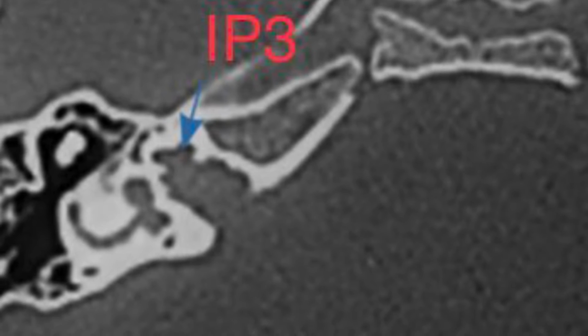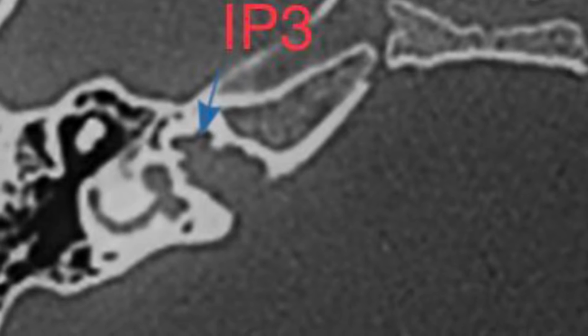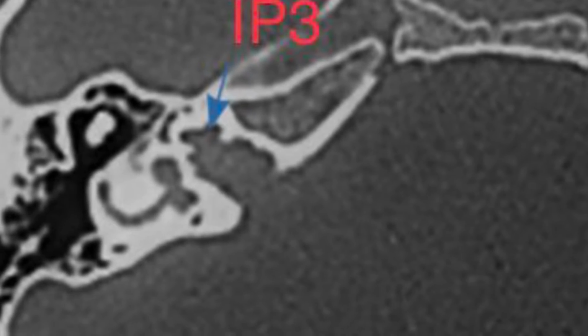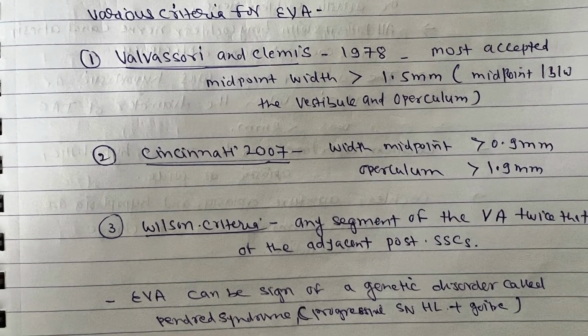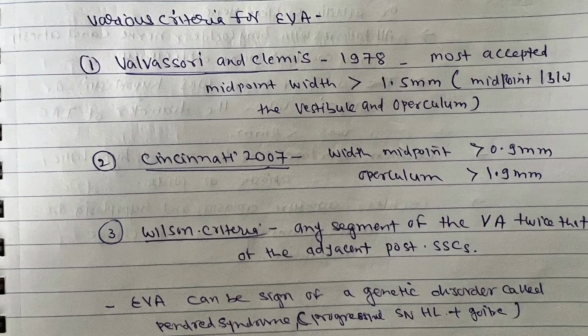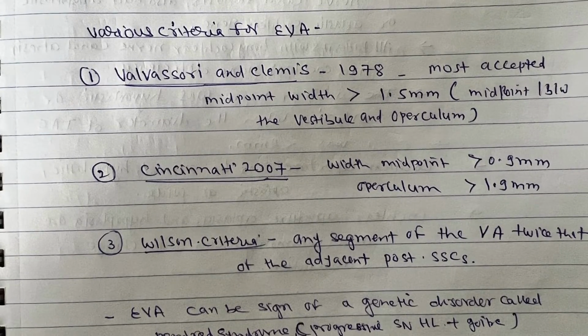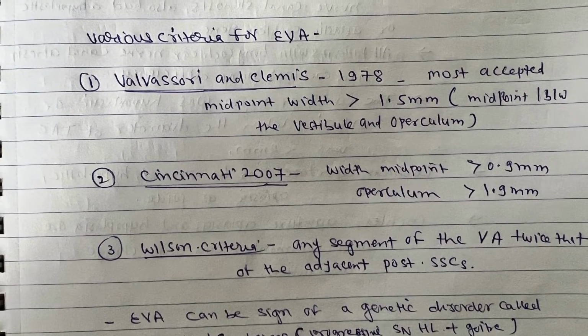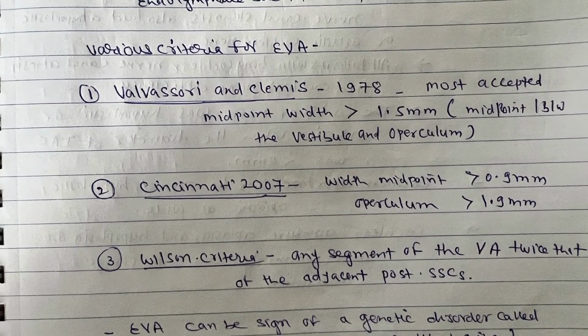In IP2, the apical part of the modiolus and the corresponding interscalar septum are defective. A cystic apical part due to fusion of the apical and middle turns can be seen. In IP3 there is absent modiolus and the interscalar septum is present. A defect between the internal auditory canal and cochlea is present, and a full-banded lateral wall electrode can be used.